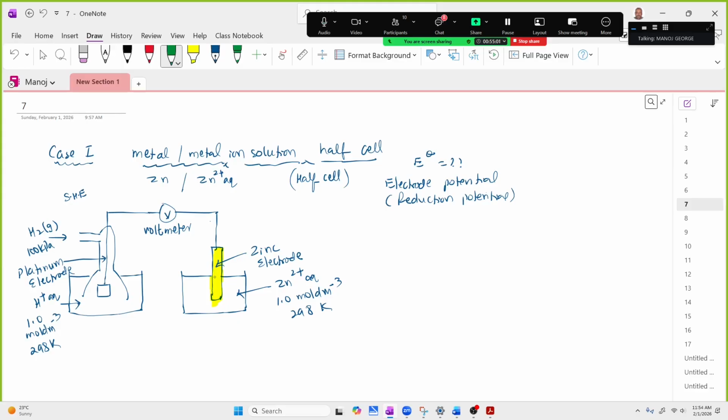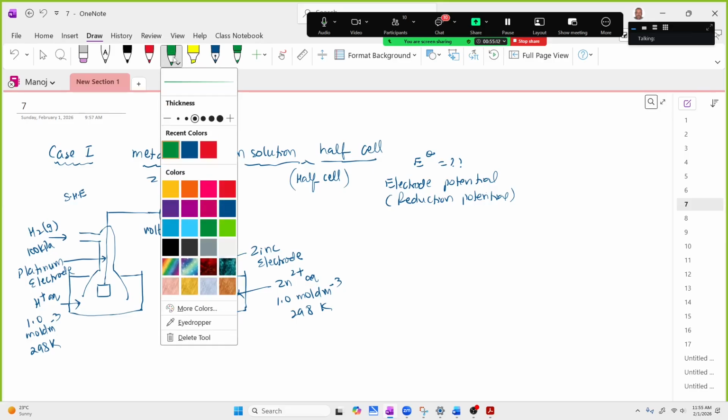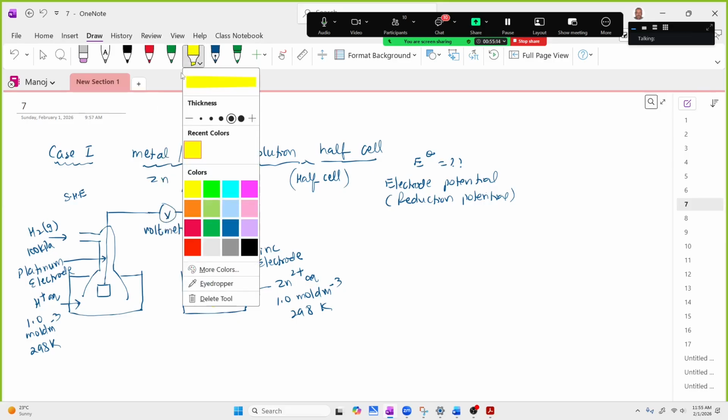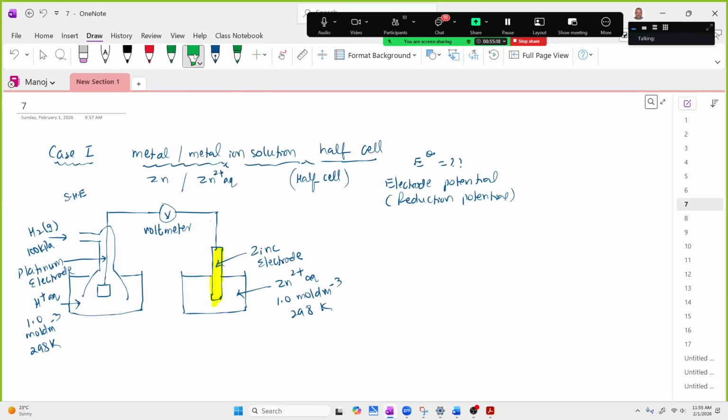This cell is not going to work. Tell me what's missing. What do you think is missing? The circuit is not complete. What's missing? Anyone has any idea? So what's missing